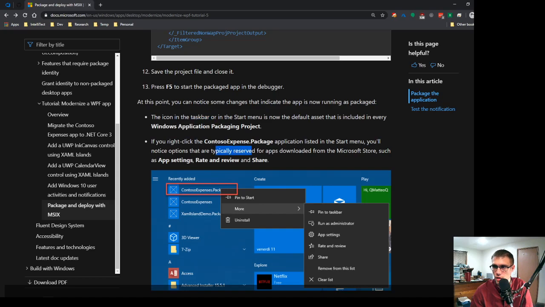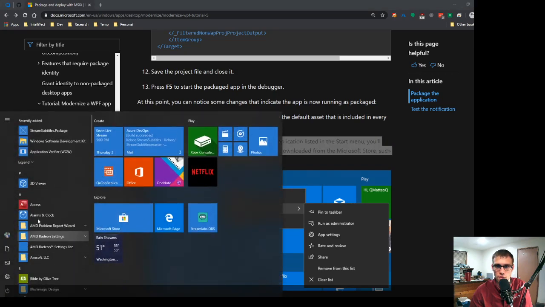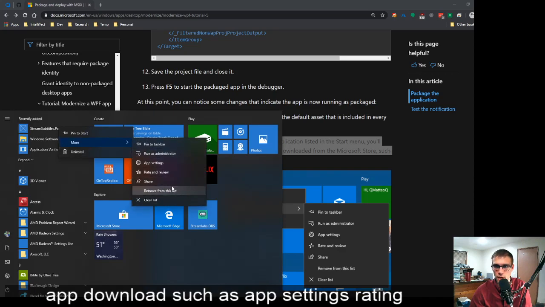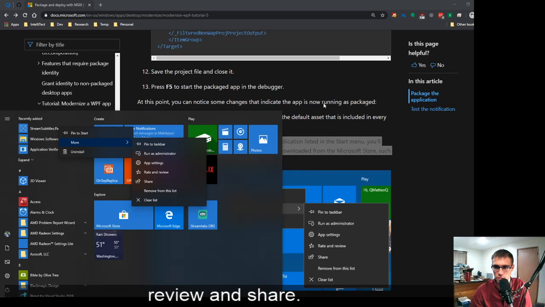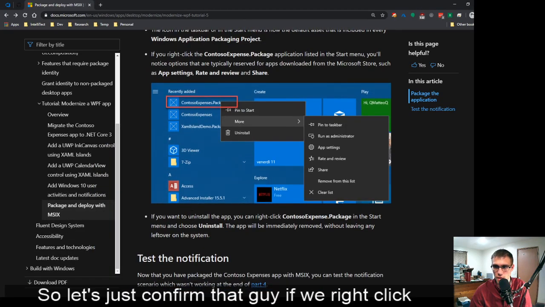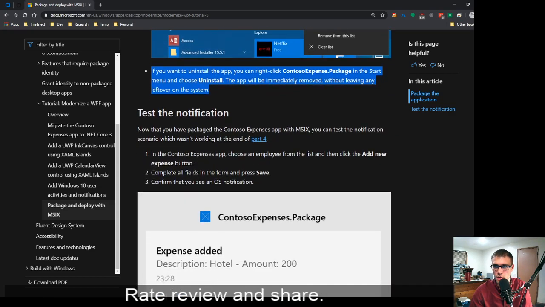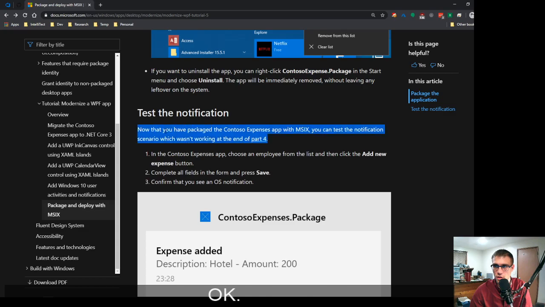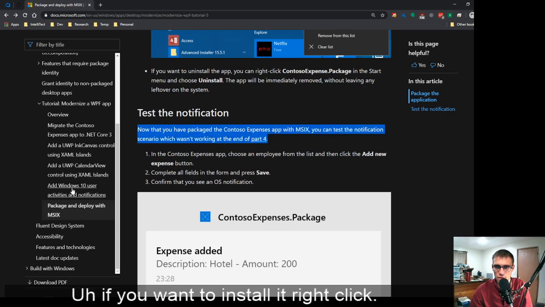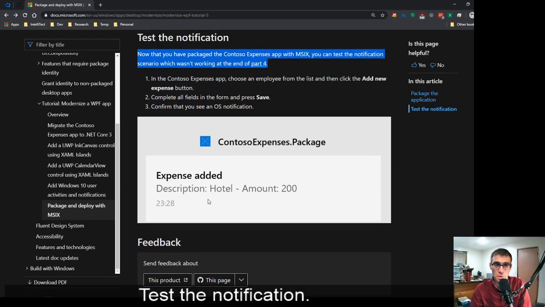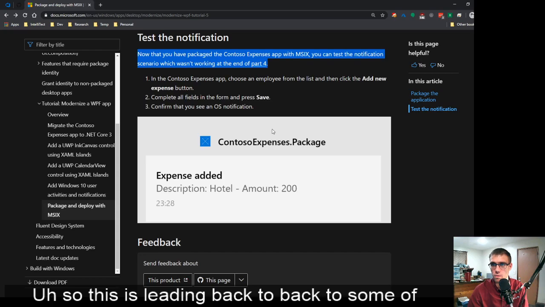Yep. You'll notice that the options typically reserved for app downloads, such as app settings, rate and review and share. So let's just confirm that guy. If we right click on here, more, rate, review and share. Okay. If you want to uninstall it, right click. Test the notification. So this is leading back to some of the other stuff. And okay,